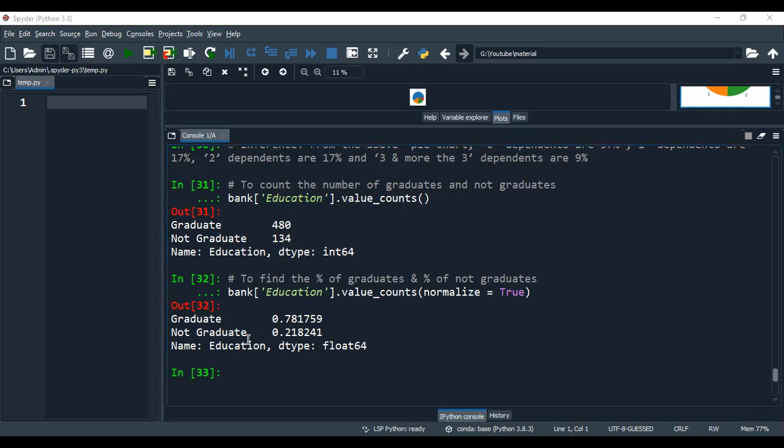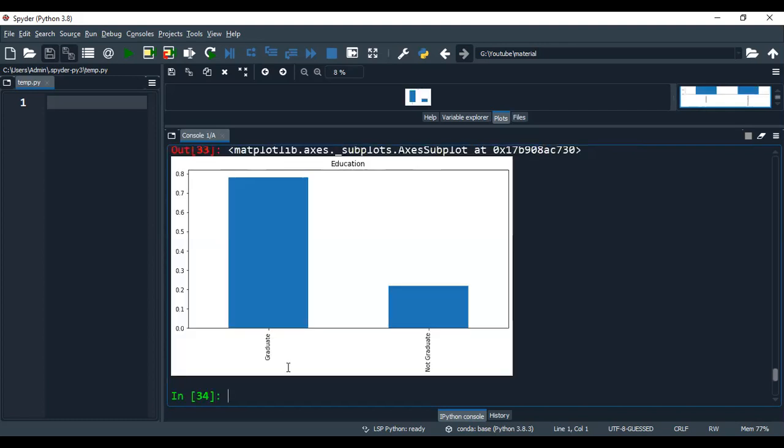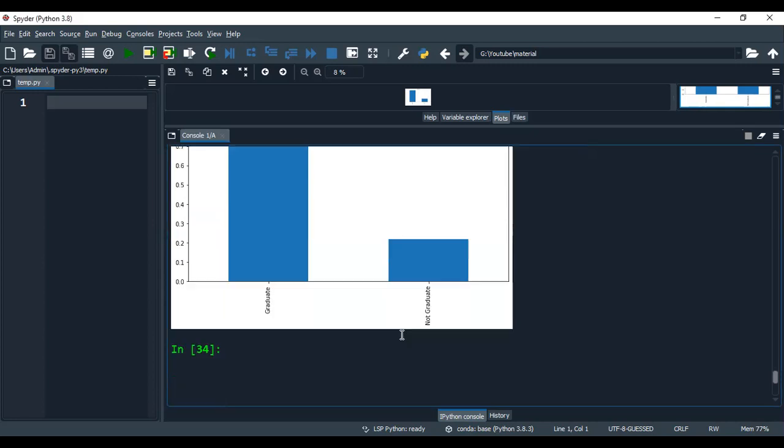Now let us have the bar plot on education. So graduate and not graduate, it's being segmented here. Now the inference is, you have got a separate bar for each and every category.